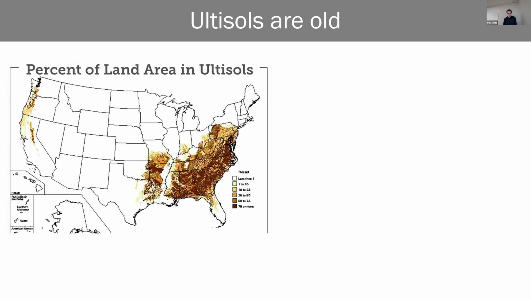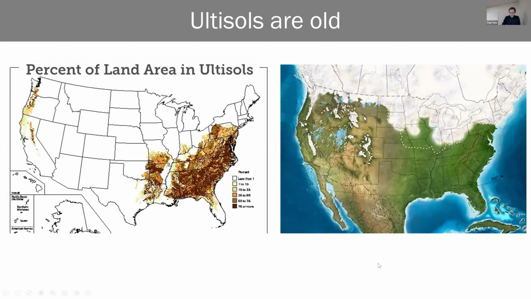Ultisols are old. One extra comparison I like to make here is this is our map of ultisols, and this is for comparison a map of the maximum glacial extent. So the white shaded glacial region is the most recent glacial advance. The dotted line shows older ones, how far the maximum reach of the glaciers were, the actual advance of the ice sheet, and it lines up extremely, extremely well through Pennsylvania here. The farthest that the glaciers made it is the farthest south of the glacial soils is the farthest north of the